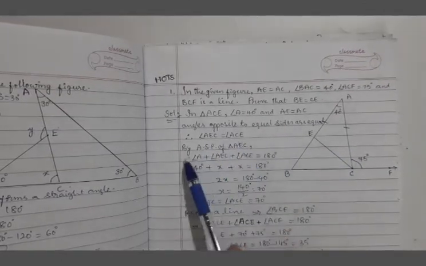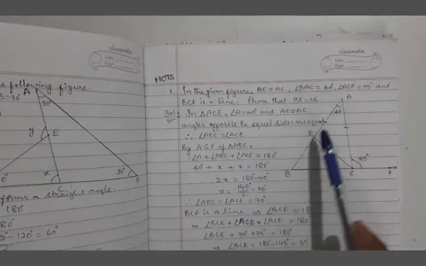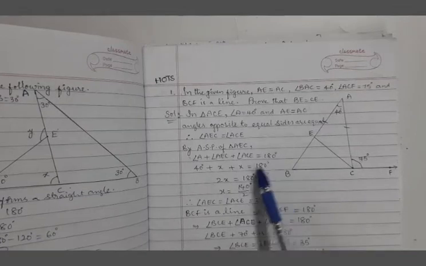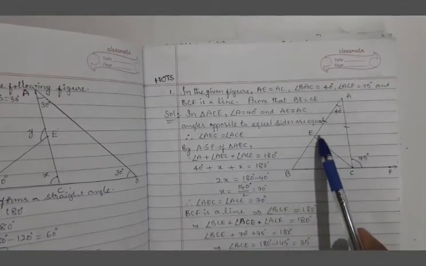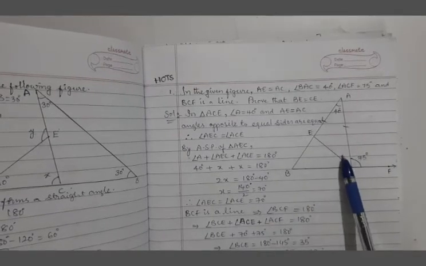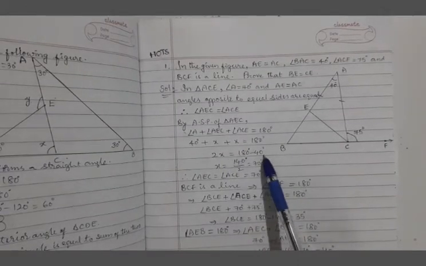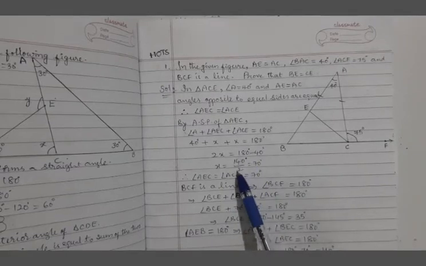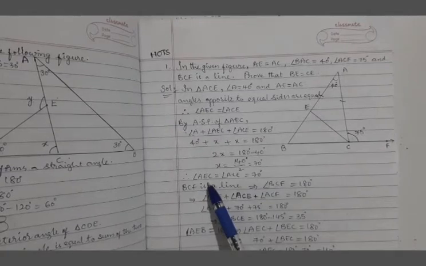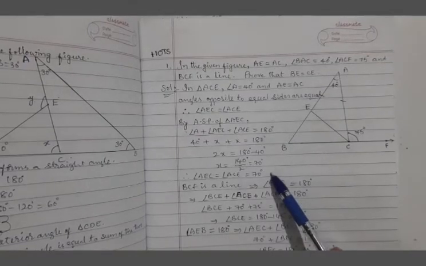That's what I wrote. By angle sum property of triangle AEC, we'll write that angle A plus angle AEC plus angle ACE is equal to 180 degrees. So 40 degrees plus, assume this value x, x plus x equal to 180. These two are equal, so we assumed x, x. Now 40 plus 2x equal to 180. So 2x equal to 180 minus 40. X is equal to 140 divided by 2, that is 70 degrees. So angle AEC is equal to, angle ACE is equal to 70 degrees. You got answer now? Next.